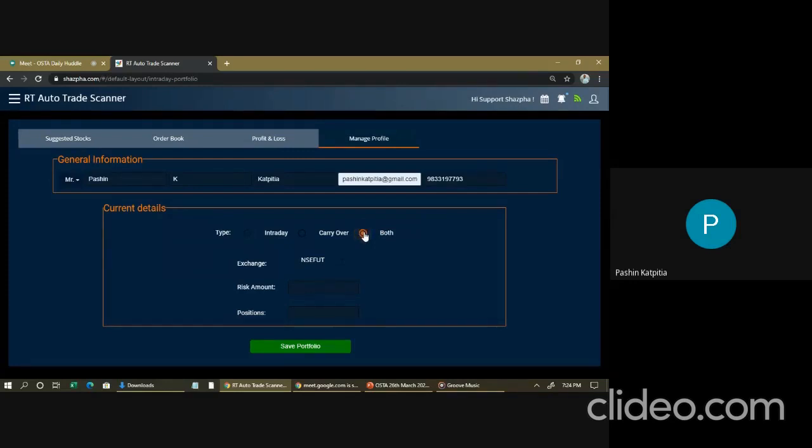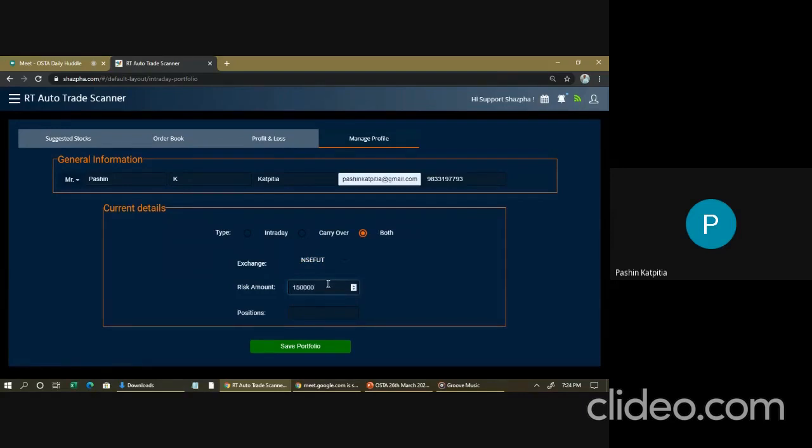That's the fun part. So intraday means day trader, carry over means positional trader, swing trader, and both means you get swing as well as intraday trades. Select the exchange. So here we select NSE future.